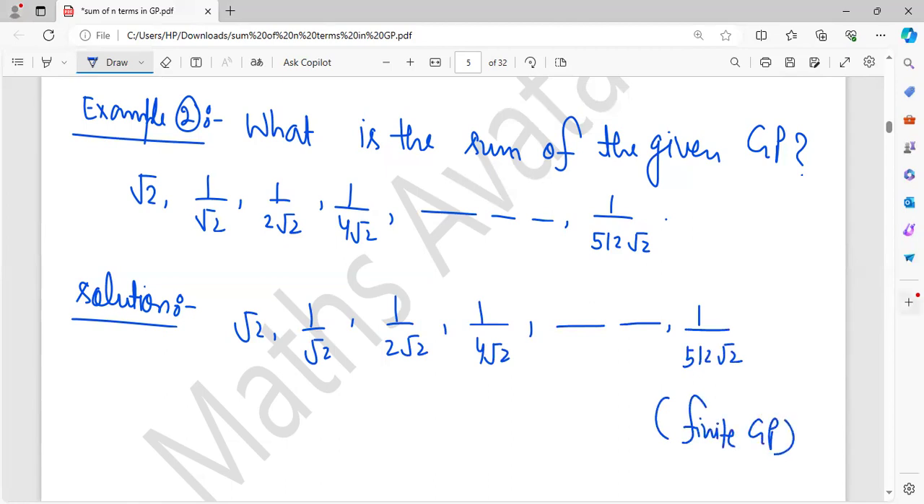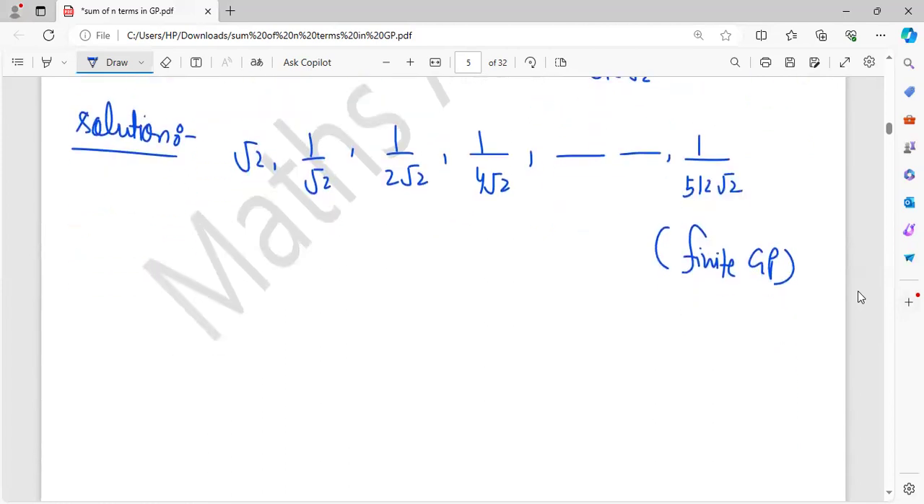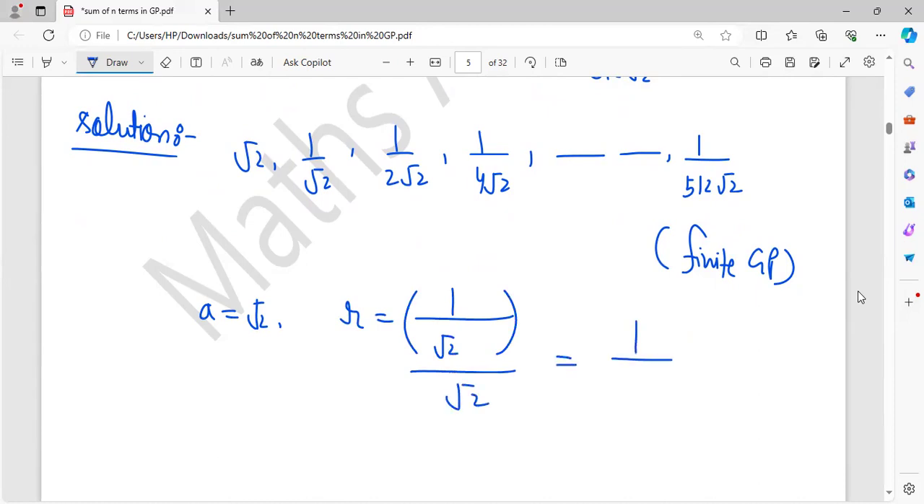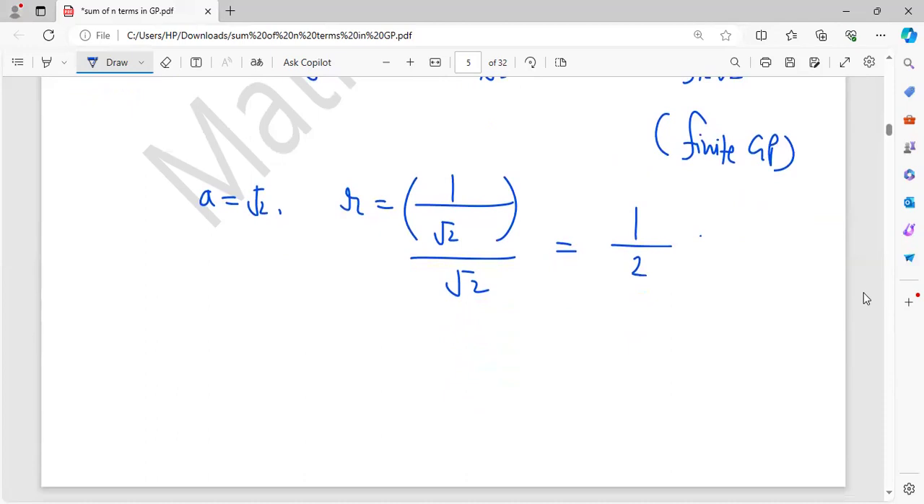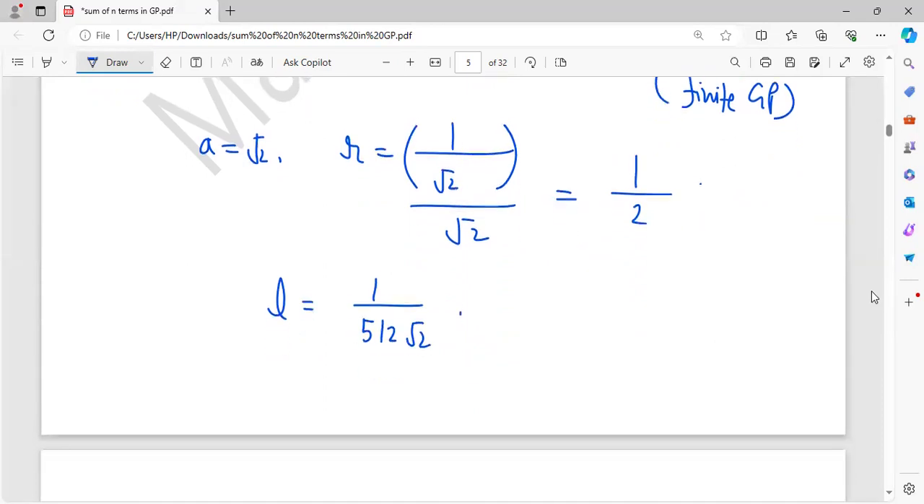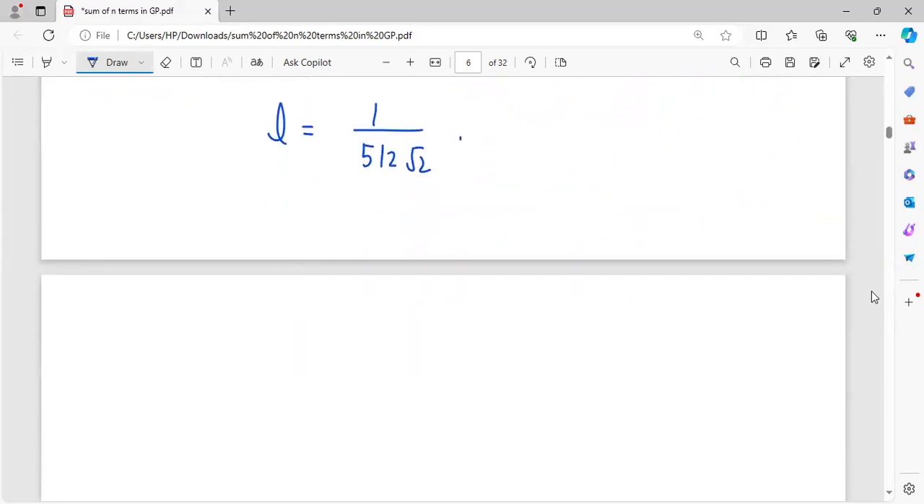Finite GP. So what is L here? First of all, what is a here? a is root 2. What is r? r is 1 upon root 2 divided by root 2, that is 1 upon 2. And what is the last term? The last term L is equal to 1 upon 512 root 2. So what is the sum of all the terms of this GP? S is equal to